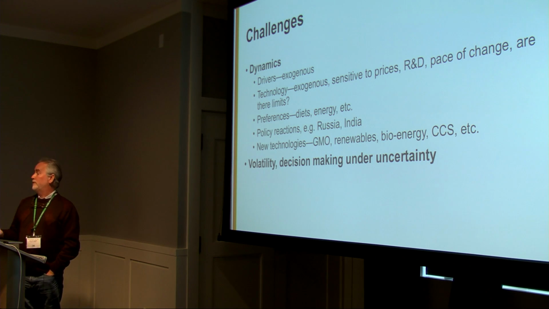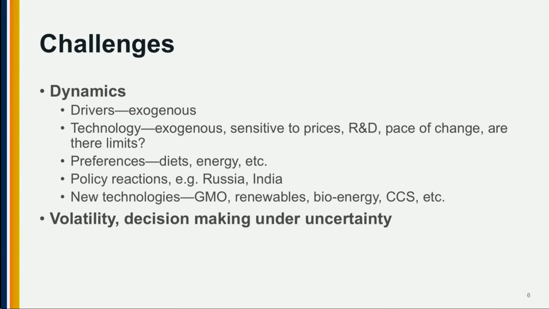Preferences is a real difficult issue for us to deal with. We normally calibrate our models to what we observe today, but we know preferences change over time. There's the dietary transition that still hasn't occurred in many parts of the world, and it's hard for us to implement those things plausibly. We all have our different systems for doing it, and Hugo and I, amongst others, wrote a paper on that in the special issue.